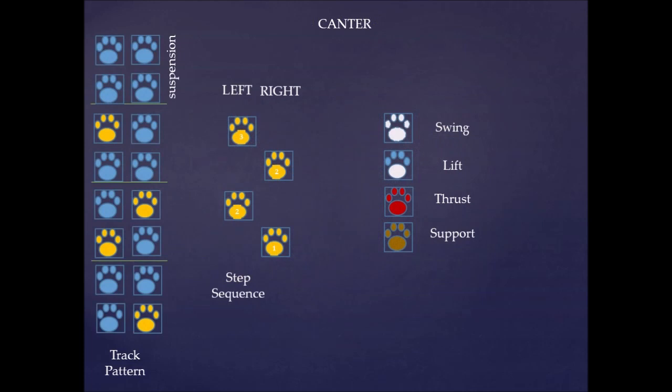Here you can see the sequence of the canter showing a hind limb strike first beat, followed by a right diagonal strike second beat, then a final left forelimb strike third beat, followed by a suspension before the sequence pattern is repeated. Animals using the canter as a gait will frequently shift the leading forelimb to avoid fatigue, and where